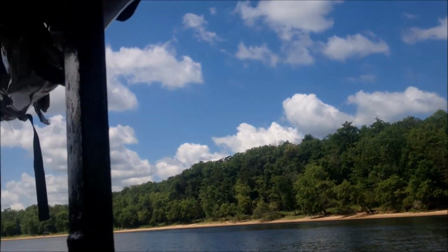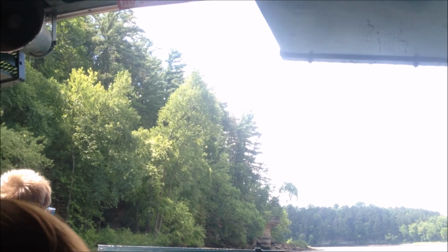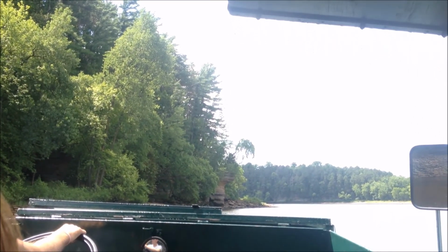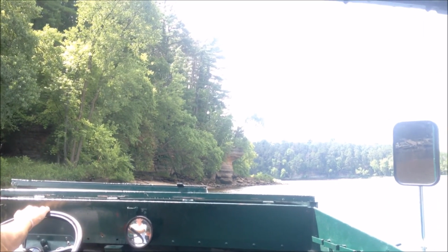This is so beautiful, it should be illegal. But we're now coming up to our first rock formation on today's tour, so if you guys look off the left side of the duck here, follow the shoreline all the way to where that rock is sticking out up ahead. Well, that is known as Pulpit Rock, and the story behind Pulpit Rock is back in the 1800s, a